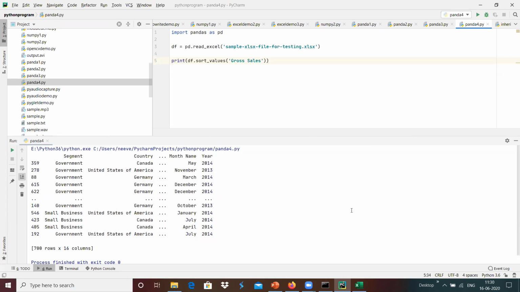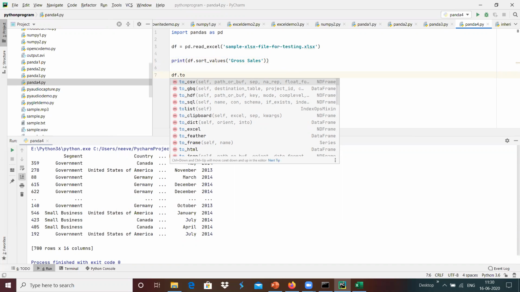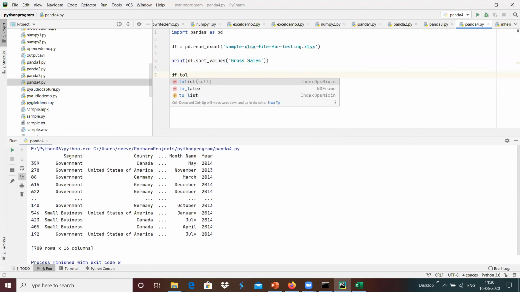Basically, if we wanted to convert, for example, df dot to list, this converts the complete data into list format. We can convert the data frame into a list of data.